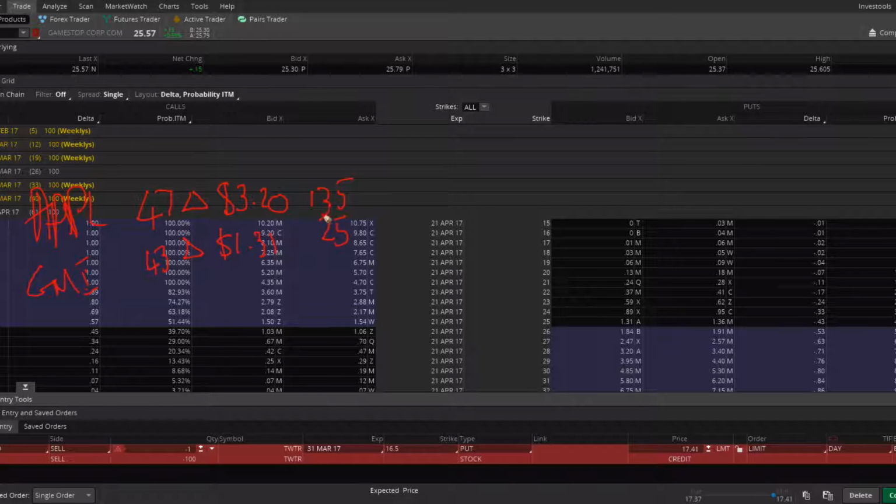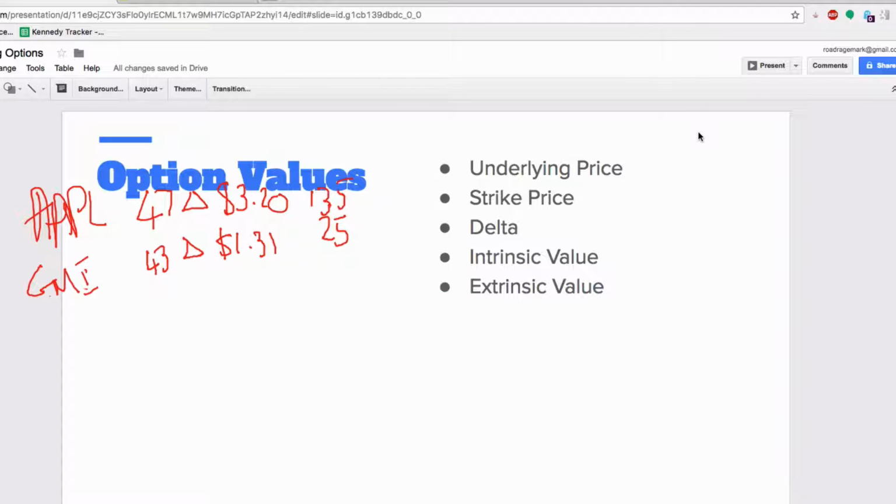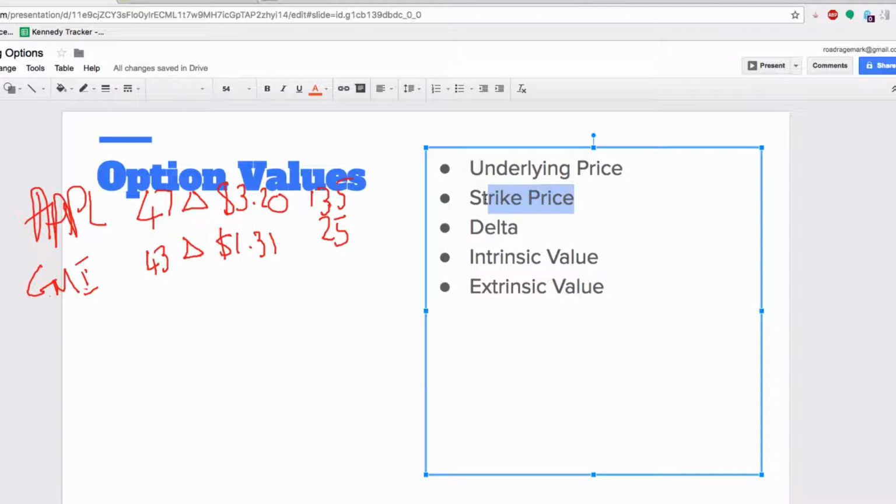So first thing is higher priced underlying, higher priced options. It kind of makes sense. The price of the option is derived from the price of the underlying, so it's going to be high. The next one is the strike price. As we look at the strikes here,